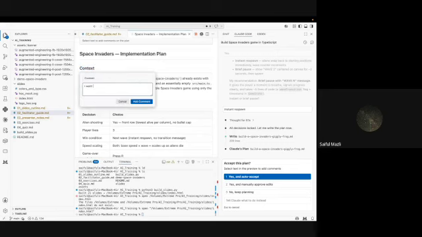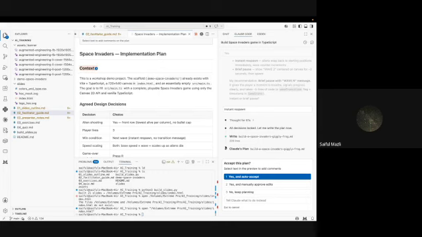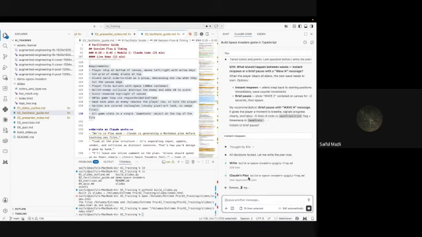I want to be able to run this application from a browser. Okay. Now, okay. So I've authorized it to do it.